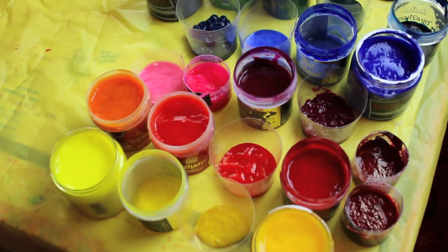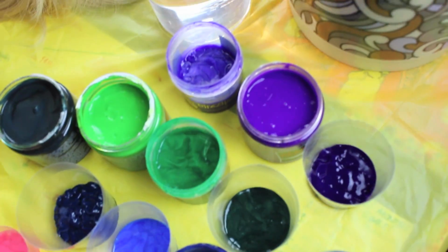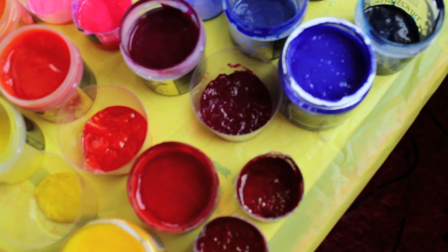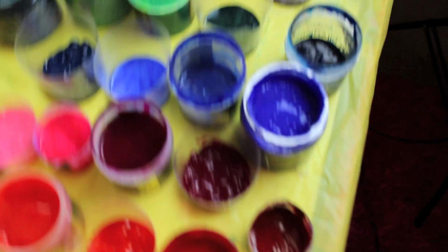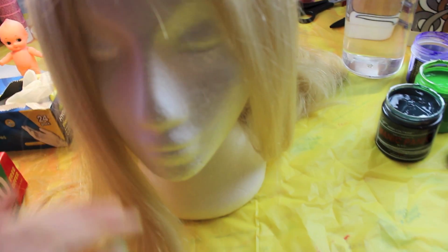Okay, so this is my setup, and I've put all the dyes into containers so that they're going to be easier for me to use. I'm going to be dyeing the hair on a mannequin, and the good thing about me dyeing hair on this wig instead of extensions is that